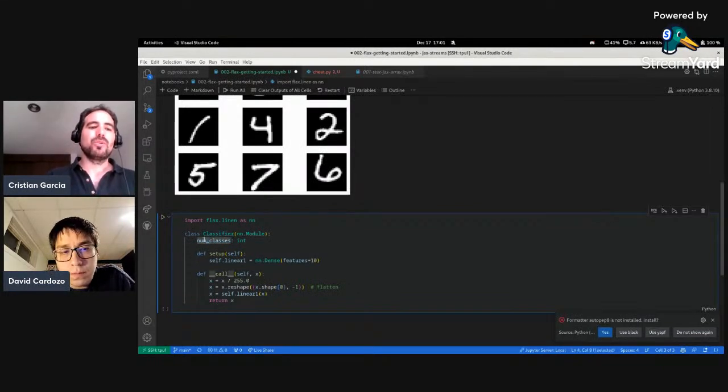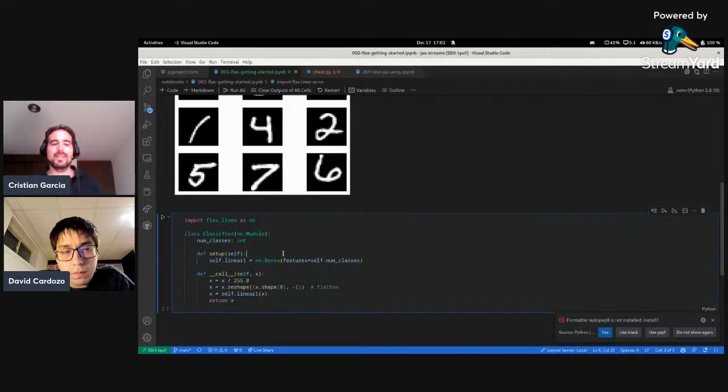So you don't define the constructor. You just put the field annotations up here, and then the constructor gets created, and then here we can use it like self.num_classes. So you can do it like this,